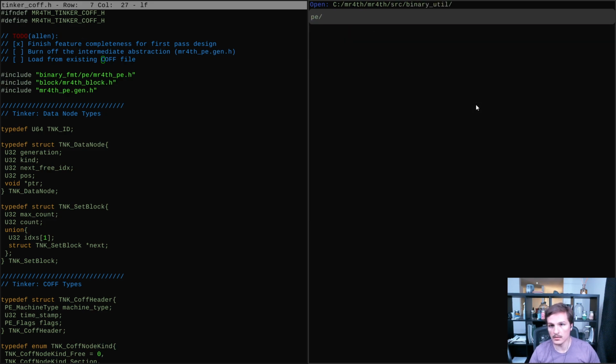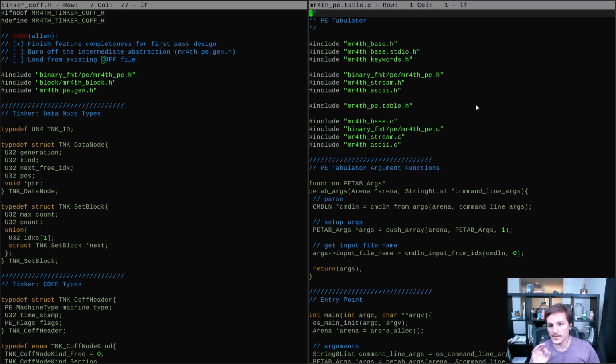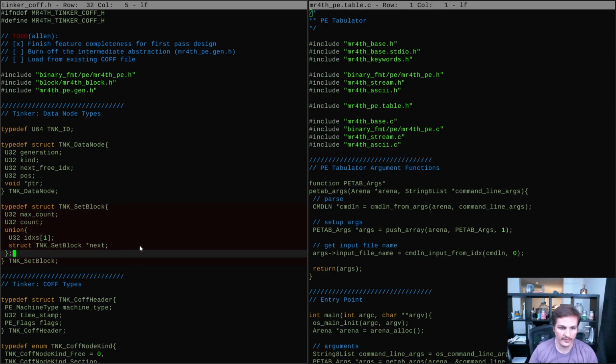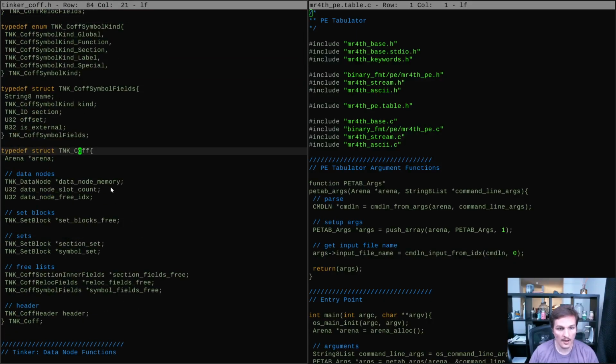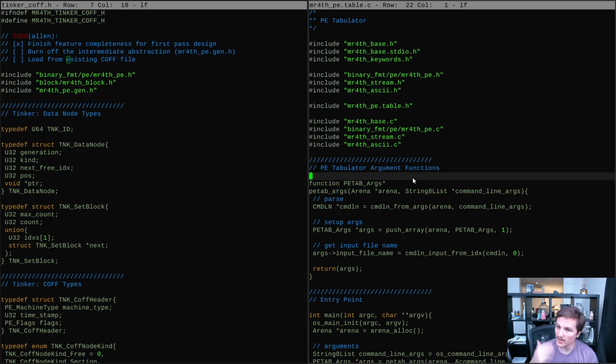Binary util right now also includes PE table, which doesn't need rewriting, it just needs the reading. But if we're gonna be able to load a Tinker conf data structure from a file, then we can use that as the parser. It might be a little more heavyweight than the parser we have now, right? It might be doing a little bit more data structure constructing effort than it needs to for this use case,